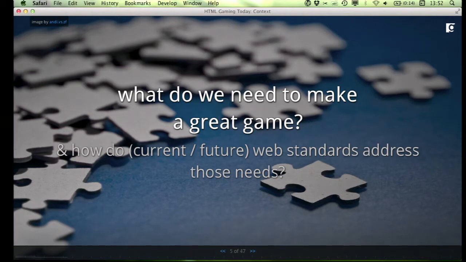This isn't going to be a really technical talk. I'm not going to be showing code. I'm not going to be talking a lot about specific browser support. I'm not going to be showing you, can I use matrices or anything like that. I just want to sort of skim the surface of all of these different pieces and give you an idea of what's available and what's coming. And then I'll leave you to go out and do your research on your own.